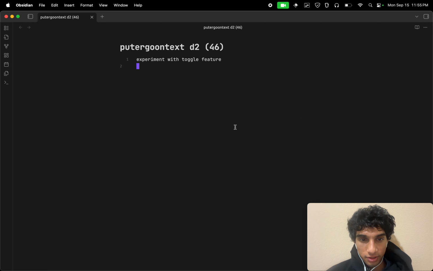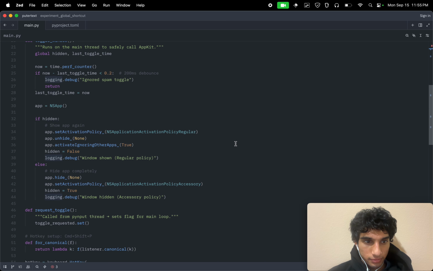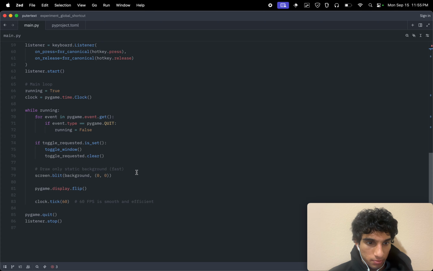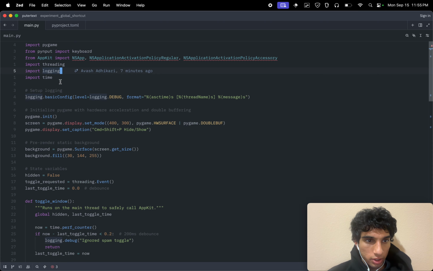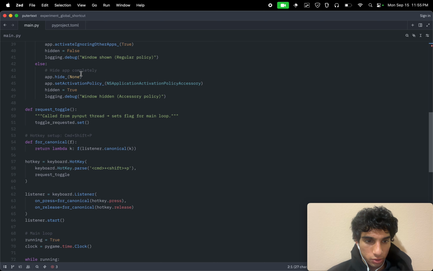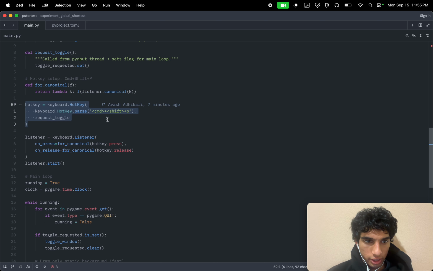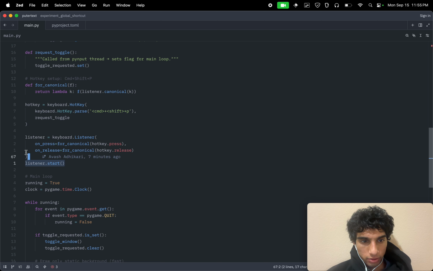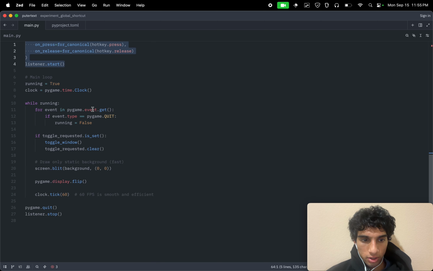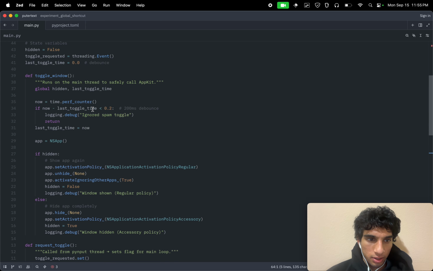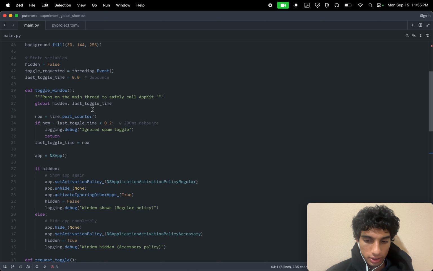Stupid blue window. But yeah, I vibe coded all of this, I'm not going to lie. And then there's this thing, pynput. This is the library that I'm currently using to listen for global shortcuts. We create a global hotkey, and then there's a listener, and that listener is just a background thread that's always listening for this, right? So the main thing I've got to improve on is